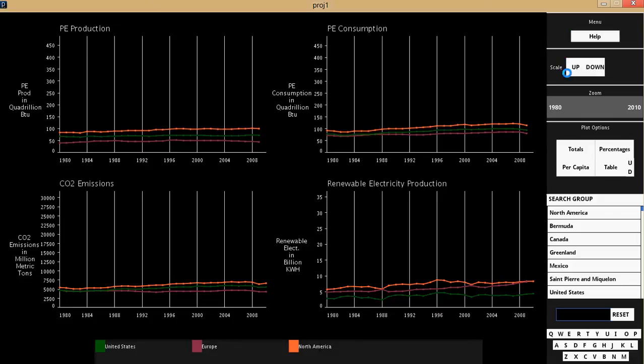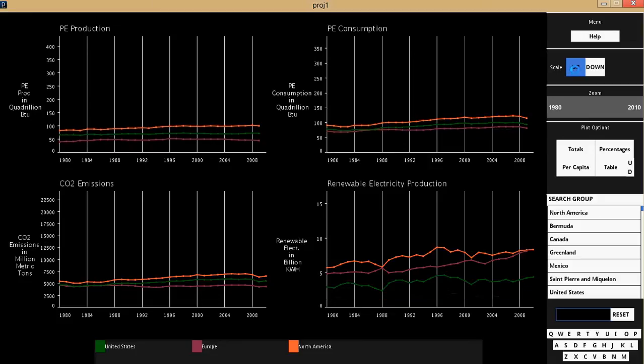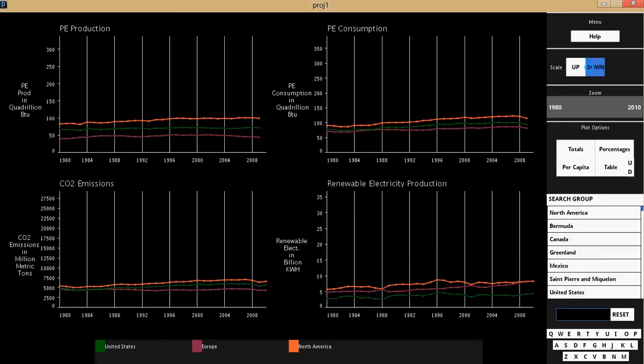And the scale options allow you to scale the y-axis values so that you can zoom into more detail on the particular plot or graph. So the scale up option scales the data values on the y-axis but not on the x-axis, so that it is clear to view the distinct point if the graph is too small or the values are too small on the scale of the graph. So that is the scale option. It can be scaled down.